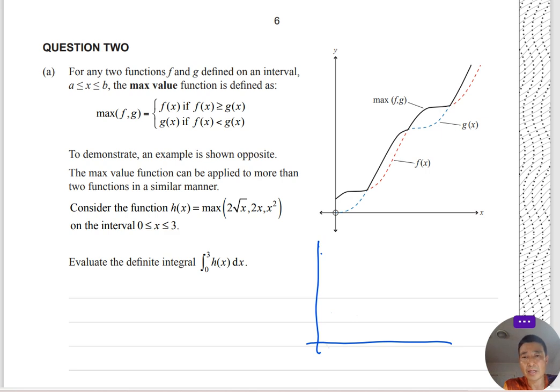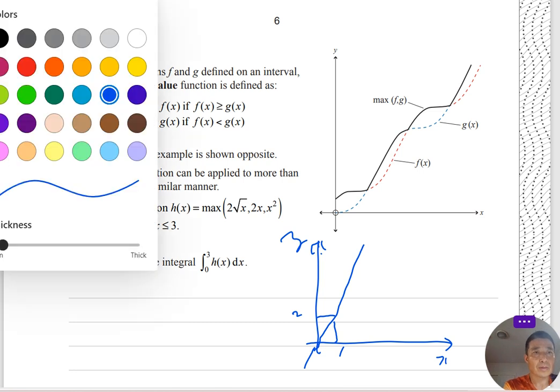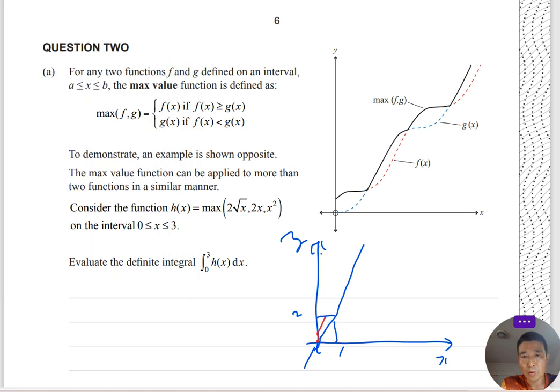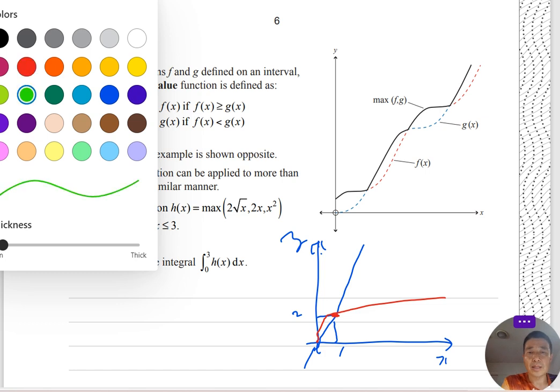So we know that 2x is like this, right? It's y against x. I know that 2 square root of x and 2x meet at 1, because 2 equals 2, right? So I'm going to change the color. Say that is 2 square root of x. Yeah, so that's the intersection point when x is 1. We should know that. And then finally, x squared would look like,